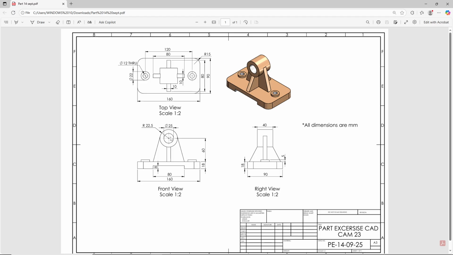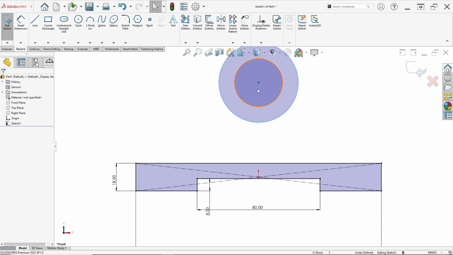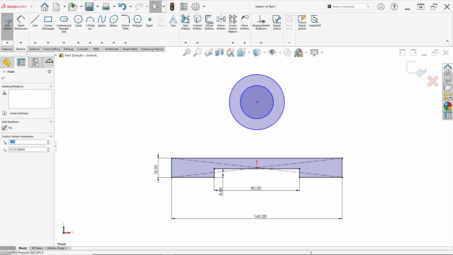and we can draw a circle in here. The circles have diameter 25 and radius 22.5. So just draw like this to this. Ensure the center of the circle, this point, and this center of the part